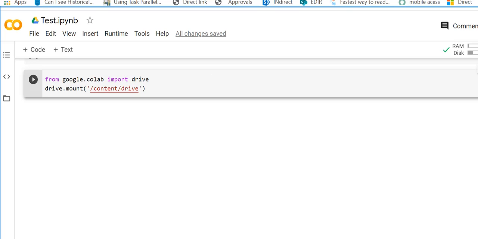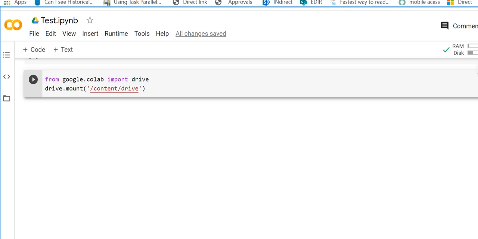As I mentioned, Colab gives us 12 hours of continuous execution time. After that, the whole virtual machine is cleared and we have to start again. So if any training goes beyond 12 hours, you have to take a backup of your trained model in your Google Drive, so that you can save all your data.